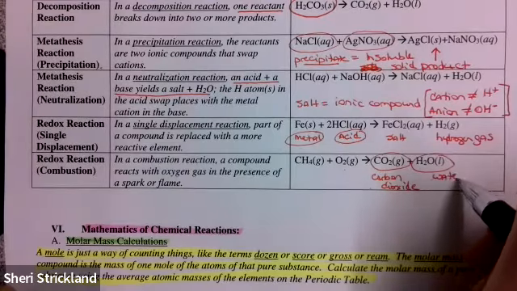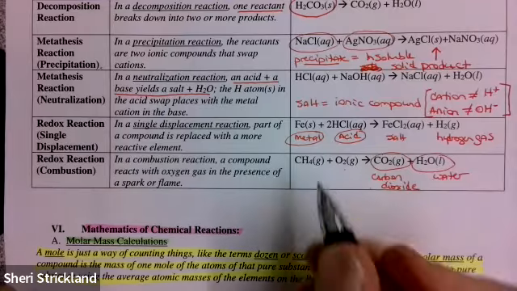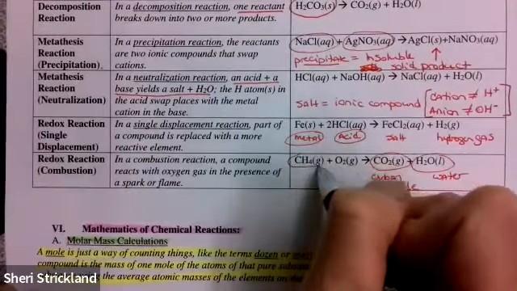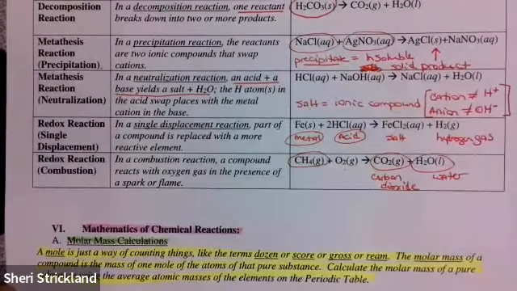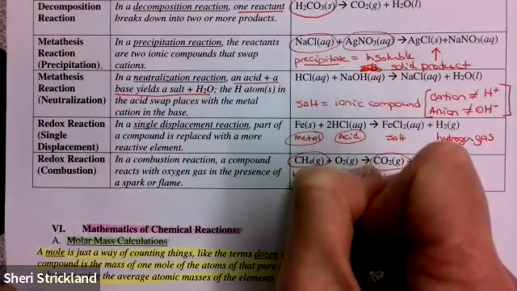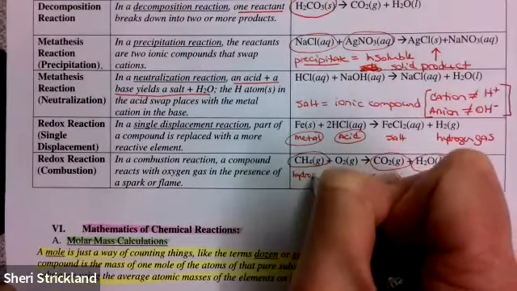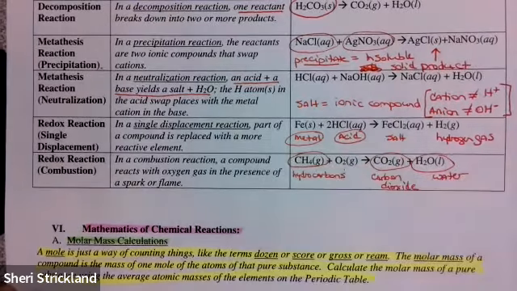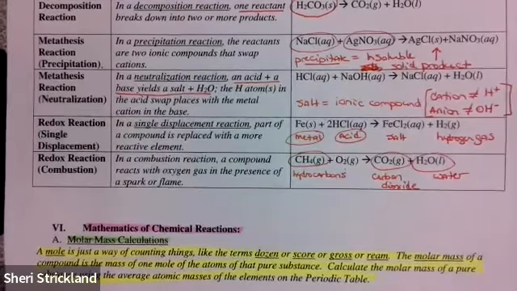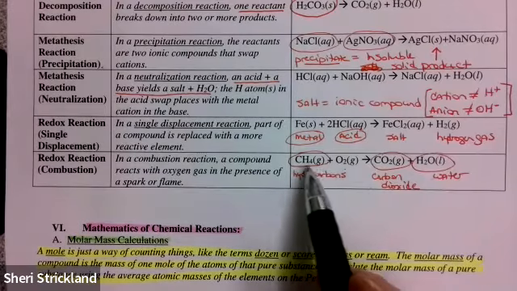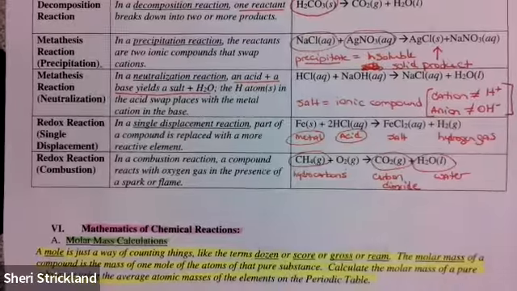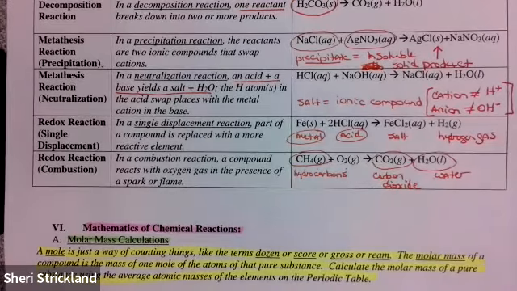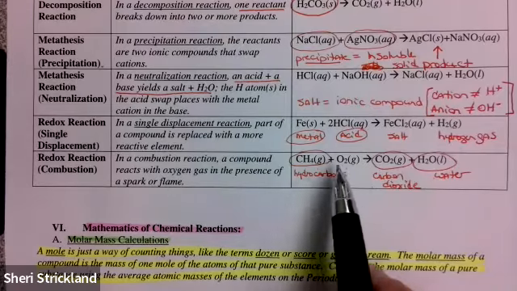There are other compounds that can do combustion, but the ones that I want you to know about are the ones that just have carbon and hydrogen in them. Because of that, they're called hydrocarbons. Gasoline fits here, diesel fuel, candle wax. Anything that contains just carbons and hydrogens is called a hydrocarbon. Okay, so I do expect you to know that much about being able to classify reactions by looking at a